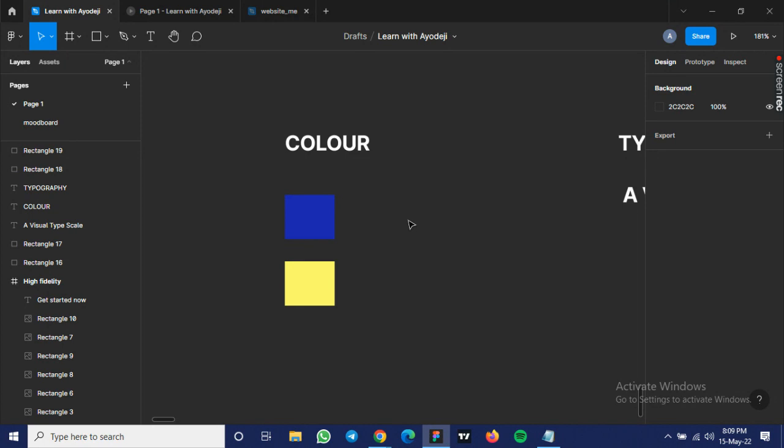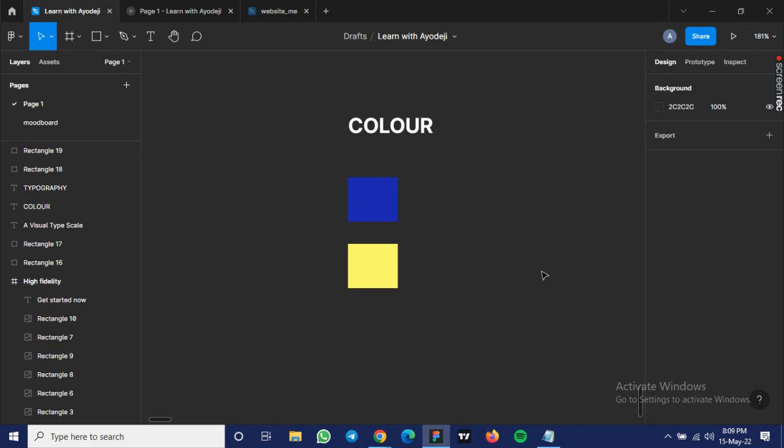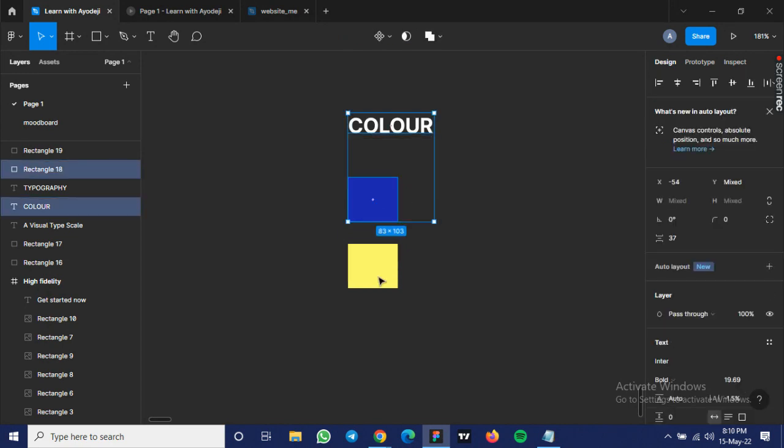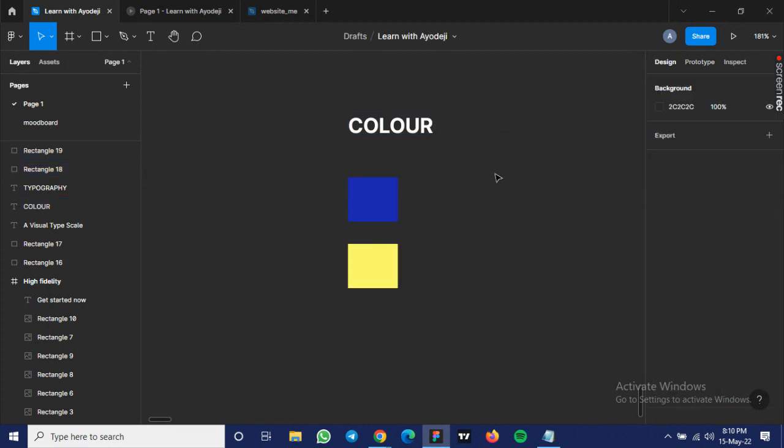high fidelity. The first thing we should consider when we want to do high fidelity is to set our colors right and set our type scale right, our typography. So basically we need to set a color. To set a color, it depends on you or your stakeholder. A stakeholder can give you a brand guide, where they already have a set of colors that they use, probably the color from their logo or something like that. Or